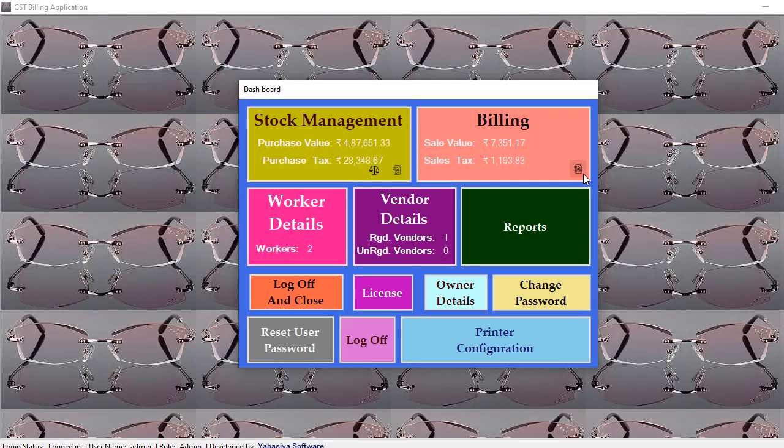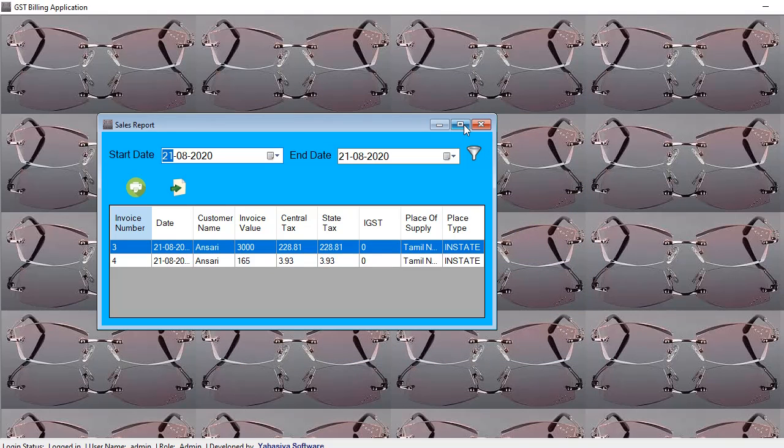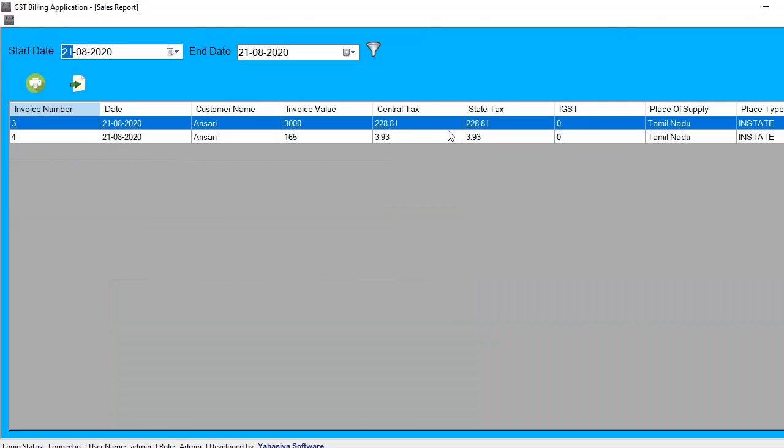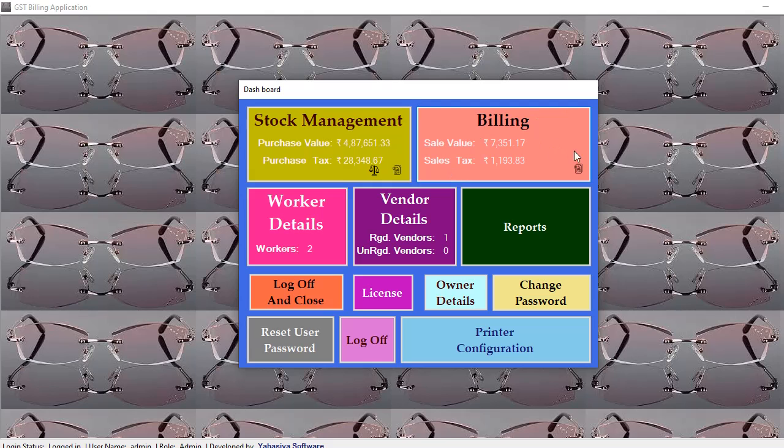Billing. So in billing, we already know we have the date wise report section. Now we have brought it to the billing section itself. So when you want to see your sales report, you just come here and select two days. Previously it was in the report section, now we brought it forward to the billing dashboard itself. So we have beautiful small icons in the billing section to see that.